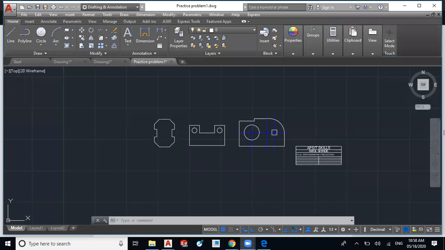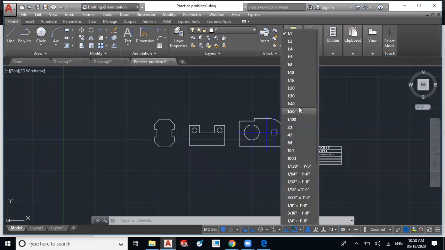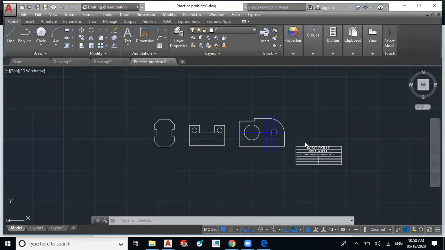I have used the 1:1 scale, that is the natural scale. But if you use a scaling factor like 2:1 or 1:2, 1:8, whatever scaling factor you use, you have to mention it in the table, that is your title block.